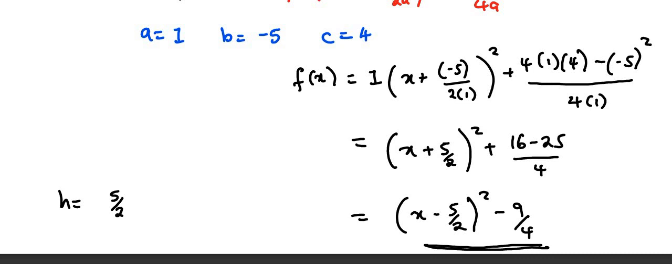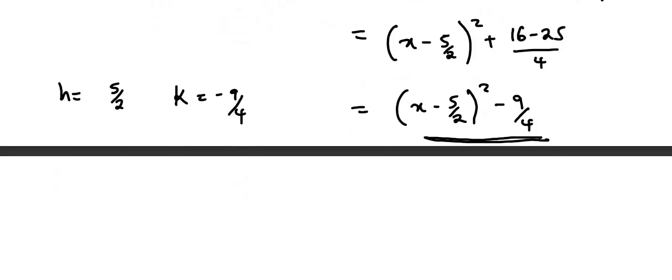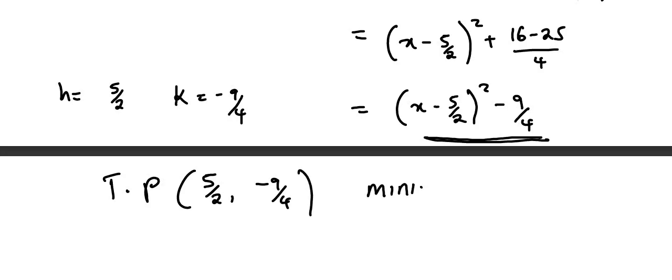So this here is a negative. Yeah, so this is what you get. Your h is simply −5/2, and your k is simply −9/4. So this is the turning point. The turning point is simply (5/2, −9/4), which happens to be a minimum